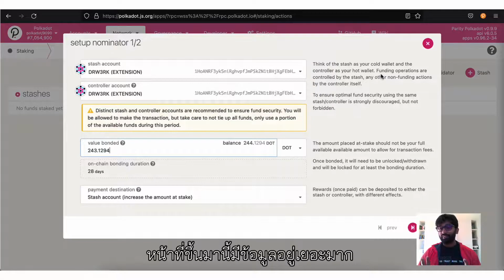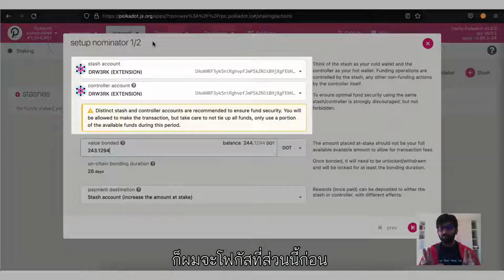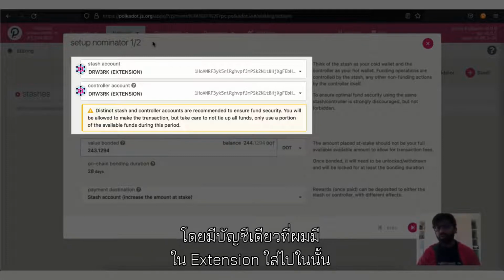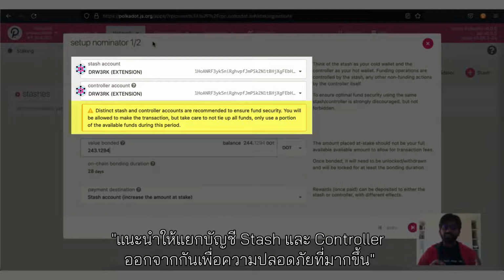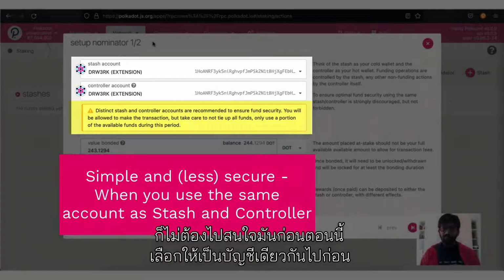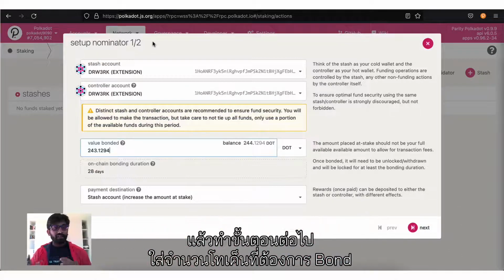Here, I'm presented with a lot of information. Okay, so let me focus on this part where Polkadot.js already populated both stash and controller accounts with my one and only Polkadot account that I had in the Polkadot browser extension. And the note here says distinct stash and controller accounts are recommended to ensure fund security. You can ignore that for now, choose to keep them the same, continue with the staking procedure, enter the amount of